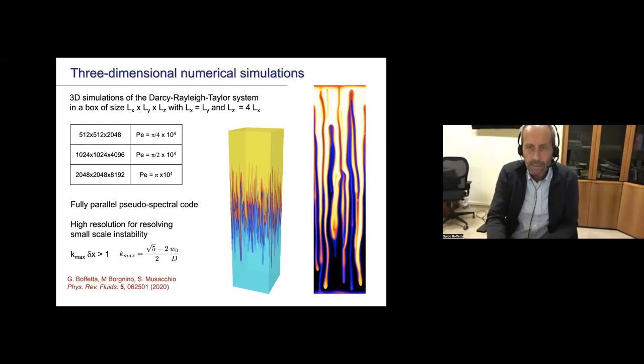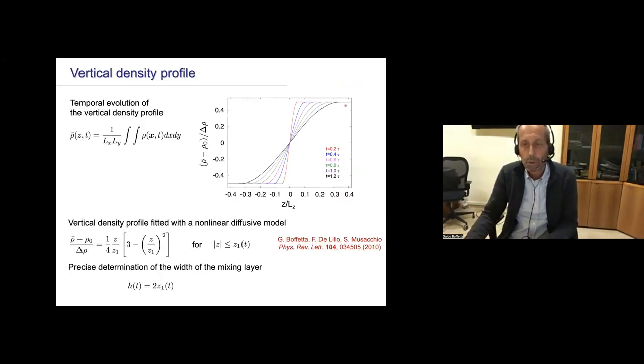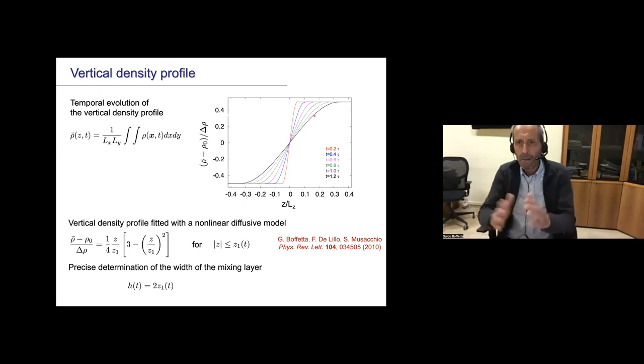So from the density field at different times, you can compute the vertical density profile. This is a function of the vertical coordinate, and theta is the density. At the beginning, we have a very sharp step profile, and then during the evolution, because of the mixing layer, this profile becomes shallow. But the evolution, you can already see from these pictures, is similar in time. So we always have the same profile, which is simply rescaled, and so we can use